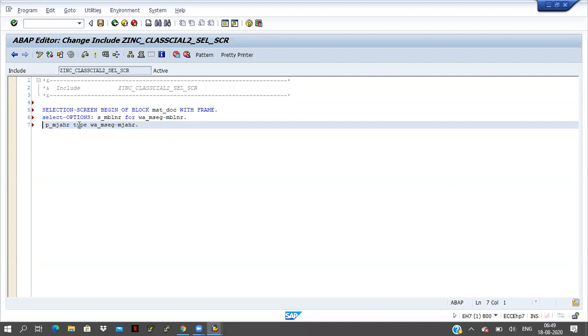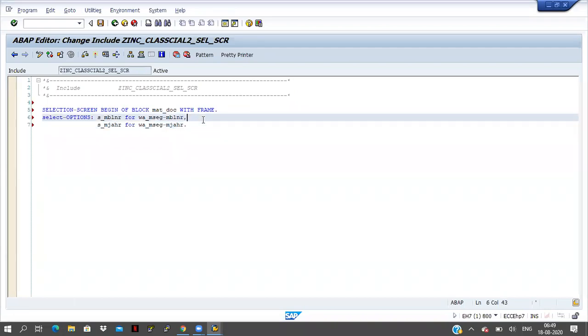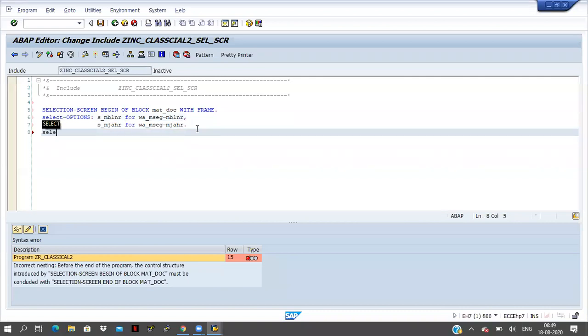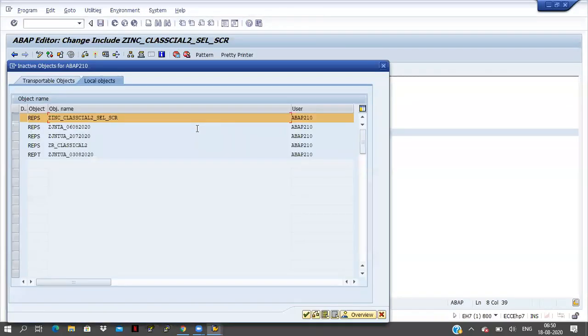One minute. I'm taking select options only, that one also. Selection screen, end of block, material document here. Save it, check it, and activate it.